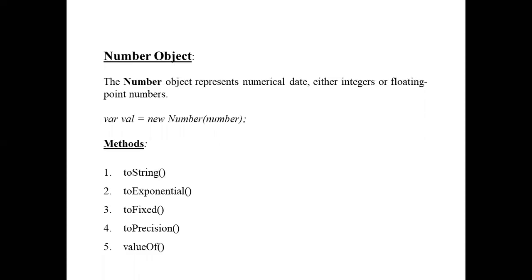Next, x.toFixed(2). What is the toFixed method? It returns the number written with the specified number of decimals. Here the specified number is 2, so 2 decimals, giving 9.66. Next, x.toPrecision(2) takes the specified length. Here 2 is the specified length, so it returns a number with length 2, only 2 digits: 9.656 is rounded to 9.7.